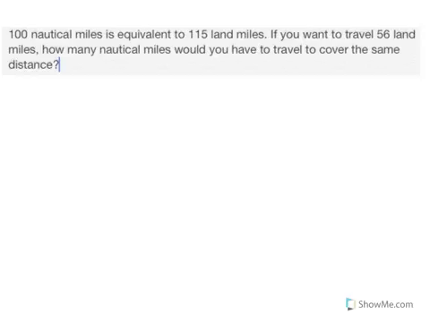So we know that there's going to be our basic proportion setup with 2 fractions set equal to each other, and there's going to be 1 unknown somewhere in that proportion. So this problem says 100 nautical miles is equivalent to 115 land miles. If you want to travel 56 land miles, how many nautical miles would you have to travel to cover the same distance? So to use this information and set up a proportion, what we're going to do is try to